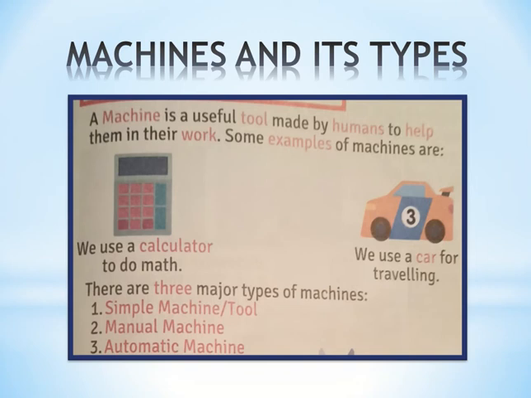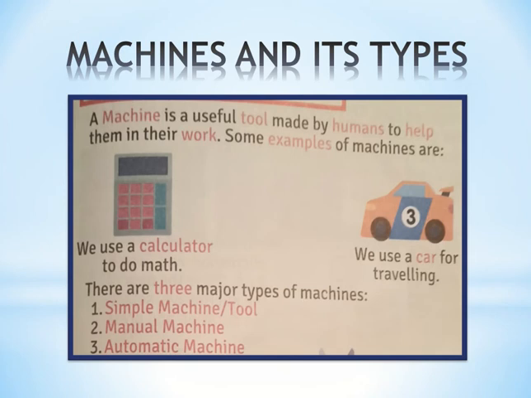You can see in your house there are lots of machines which we use to do our different works. For example, we use a refrigerator for cooling our products. And what else do we have? We have lots of machines. We use iron for pressing our clothes. We use air condition for getting cool air. Okay, all these things are machines.